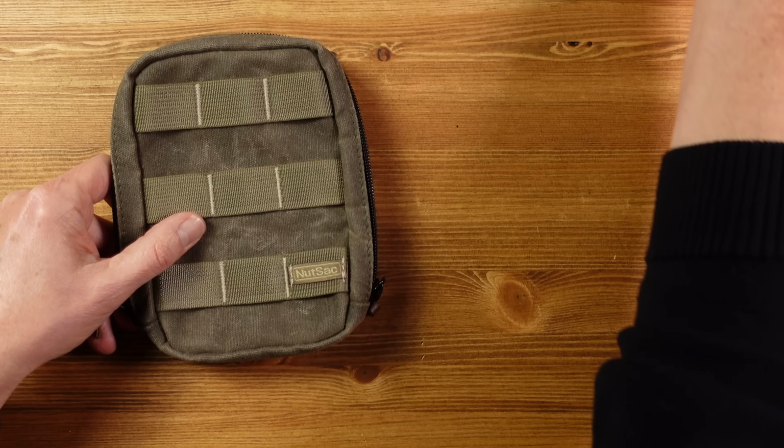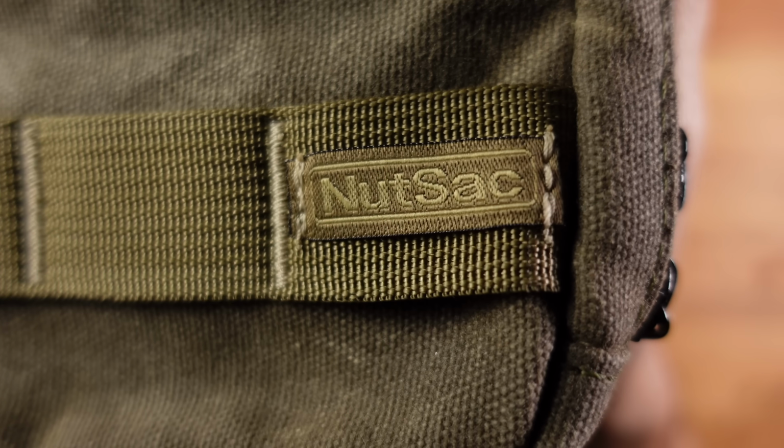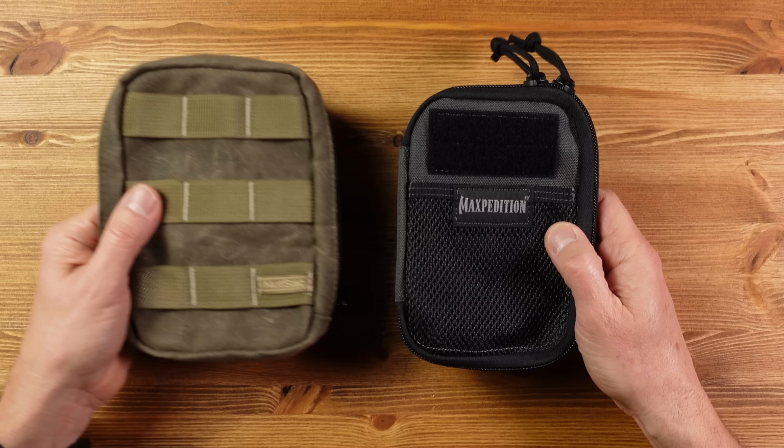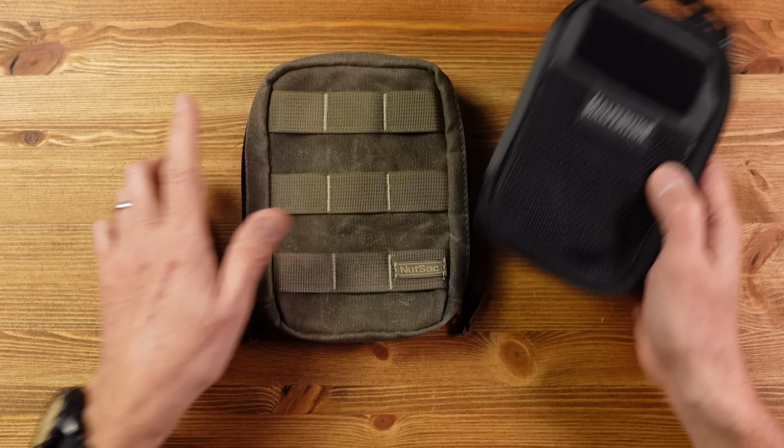Okay, let's move away from the Maxpedition type pouches and look at a couple of other options. At the premium end of the market, we have this admin pouch from Nutsac, and this is made in the USA, and the quality is immediately obvious, something you would probably expect to see when you consider the $89 price tag. Now, this is a little bit bigger than the others we've seen so far,